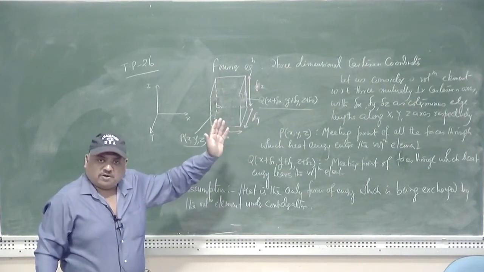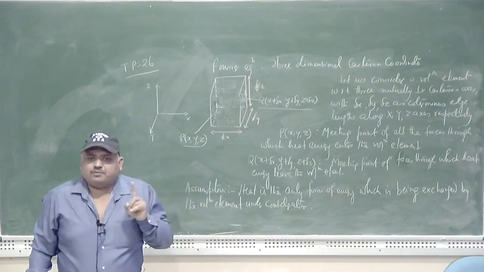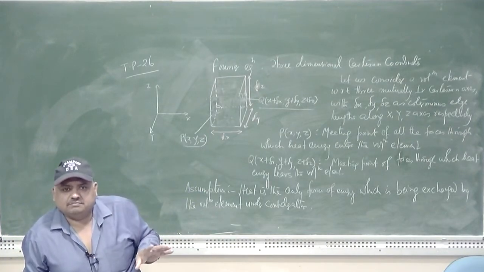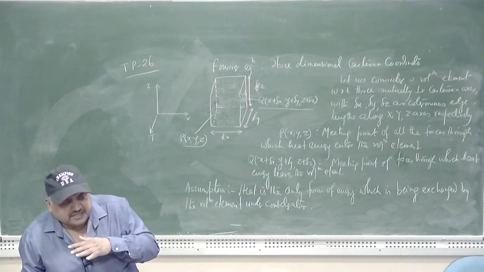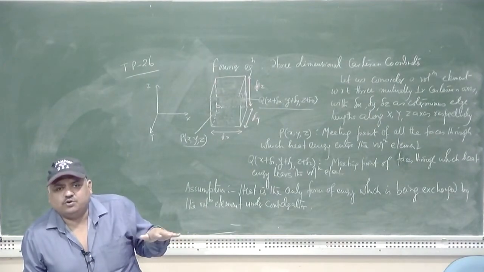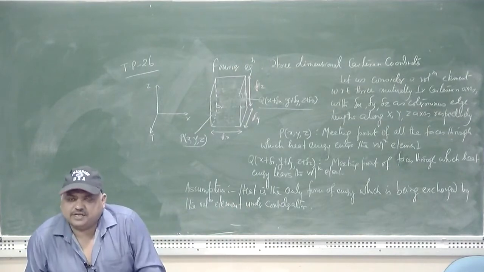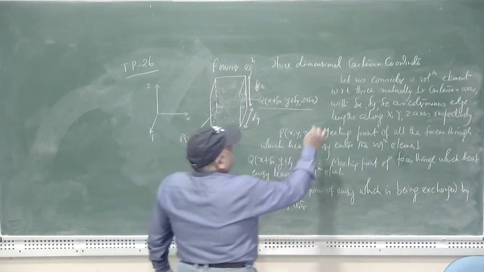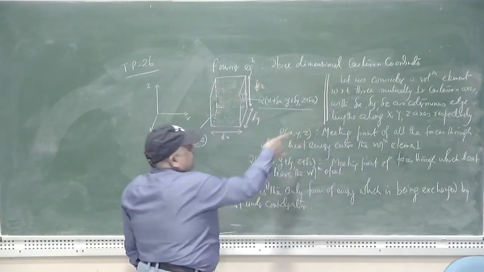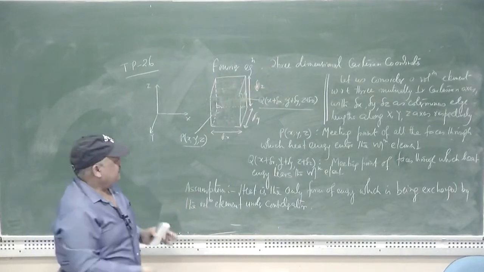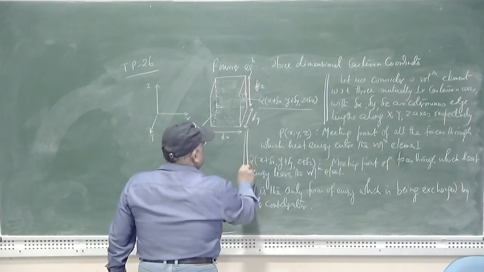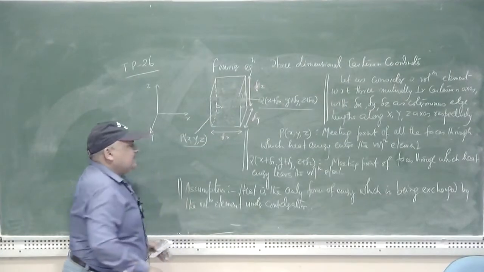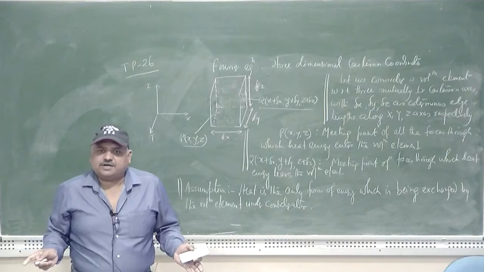For that also you have to consider only that part of the energy which is generated as heat energy. If energy is generated in the form of light energy, you need not consider it here in this Fourier heat conduction equation. So, this is our description of this volume element, the description of the two specific points P and Q, and the assumptions that we have made in order to derive this Fourier heat conduction equation.